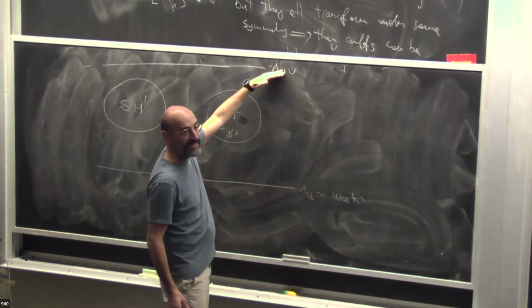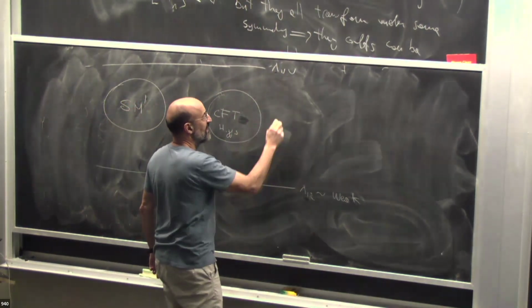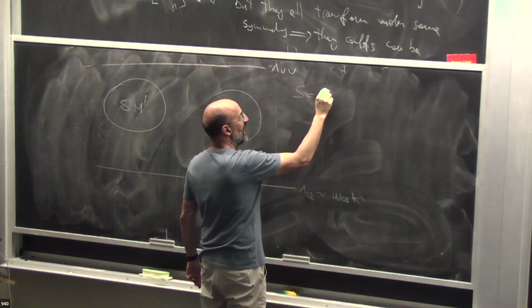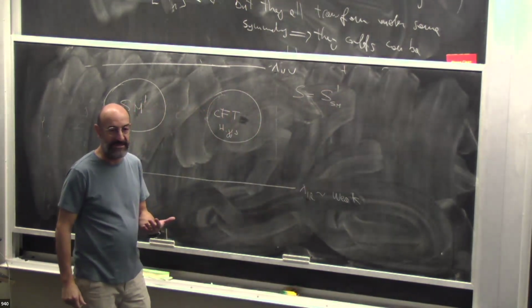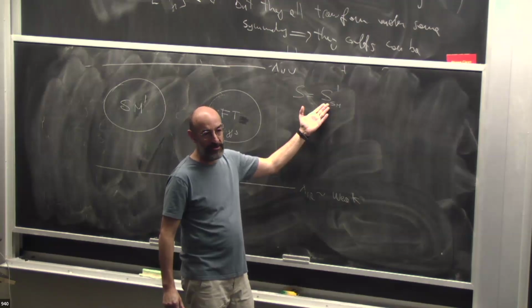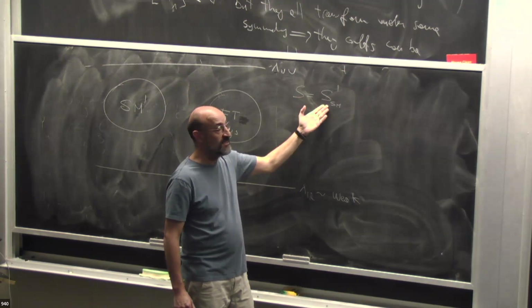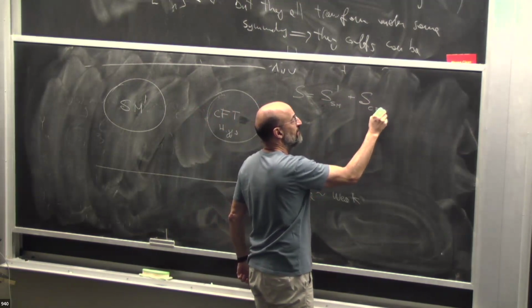Let's say this scale is like the Planck scale, and this is around the weak scale. And here, the idea is that in this regime, the Lagrangian is the action of the standard model prime, which is to say the standard model without the Higgs, which means the kinetic terms of fermions and vector bosons, and that's it. Because you don't have the Higgs here, you cannot write the Higgs potential, you cannot write the Higgs kinetic term. This is what you have, the standard model prime is this. Then you have the action of the CFT.